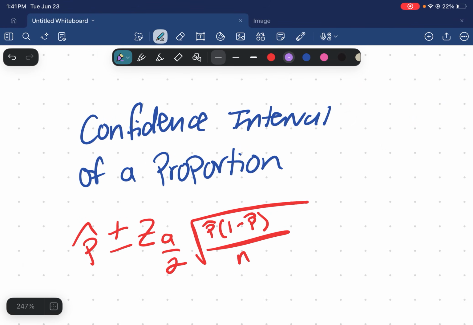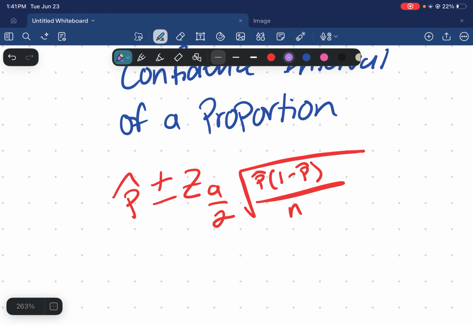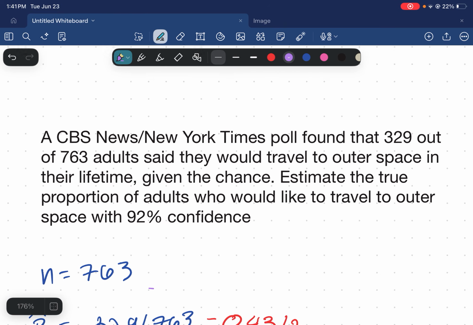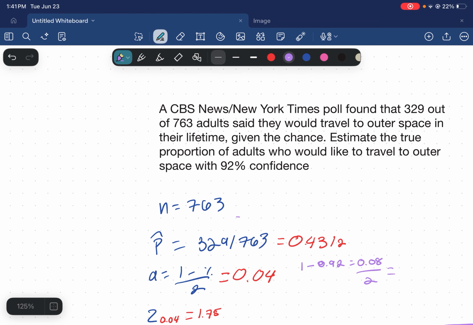So we are going to find the confidence interval of a proportion. What that really means is estimating the true percentage of a whole population based on a smaller sample, which will help us find the true range where the population proportion falls. So we have the formula right here, and then we have the example problem, and then all the stuff I've